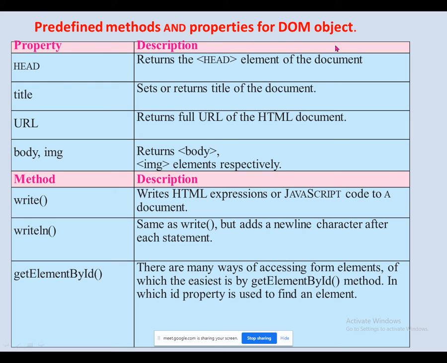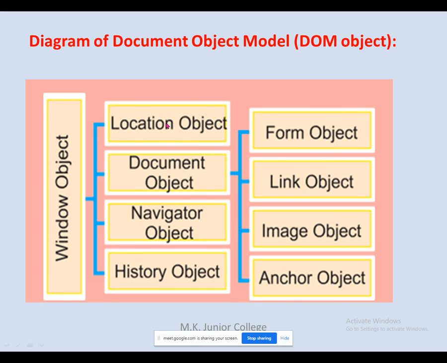Predefined means what? This document object already has some methods and properties. Methods are nothing but functions, and properties are nothing but, you can say, like attributes. आपको पता है कि attributes क्या होते हैं, so in the same way properties are there. जैसे हमने देखा यहाँ पे बहुत सारे objects हैं, and every object has some properties and methods. अगर properties and methods नहीं होंगे तो we can't work with these objects, because my definition is like that: every object has some properties and methods. An object is a combination of properties and methods.